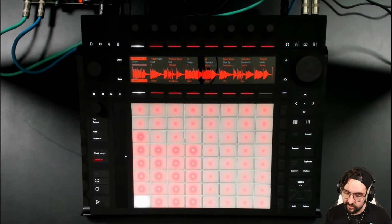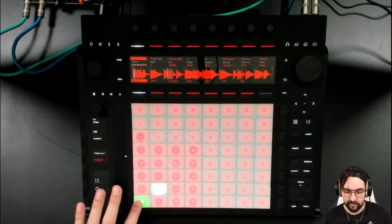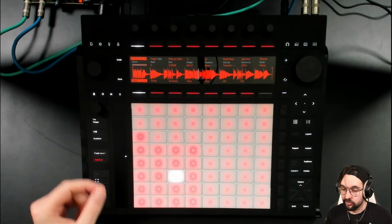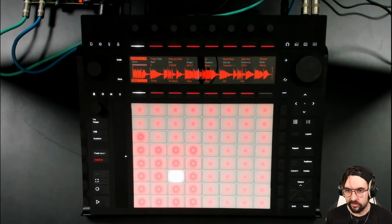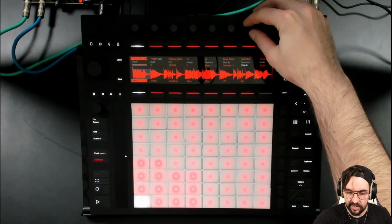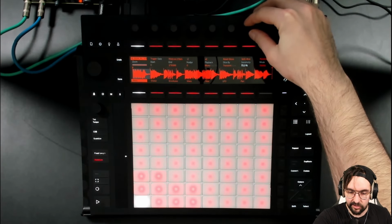are the same as the other sampling modes, but you can see now that we have dark red pads lit up here on Push 3 that represent different slices of the sample. Right now, this is sliced up by transients. In transient mode, the slices are placed on the sample's transients automatically, and the sensitivity encoder determines how sensitive Simpler is in detecting those transients, all right? So if I go ahead to the sensitivity control, I can adjust how many slices Simpler is doing to the